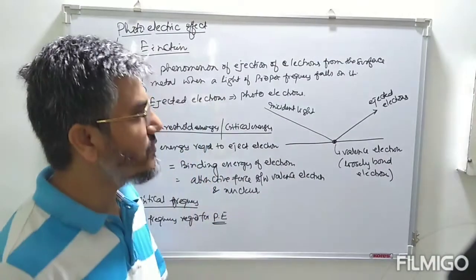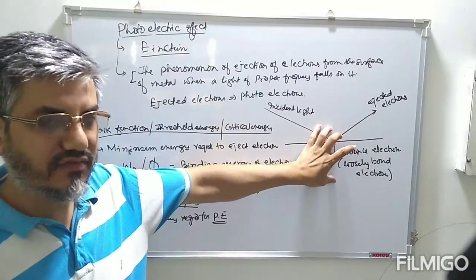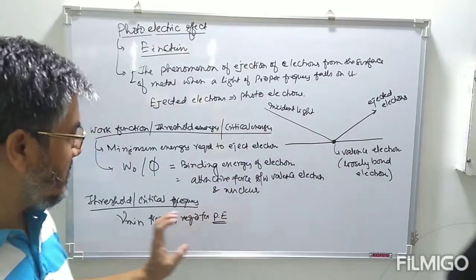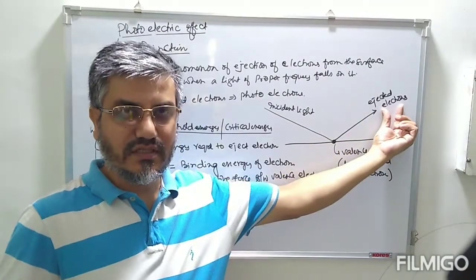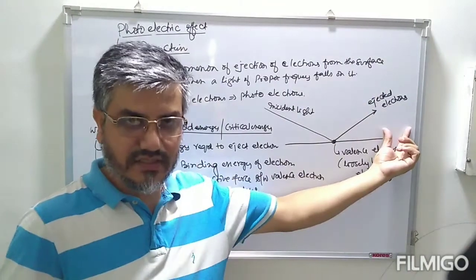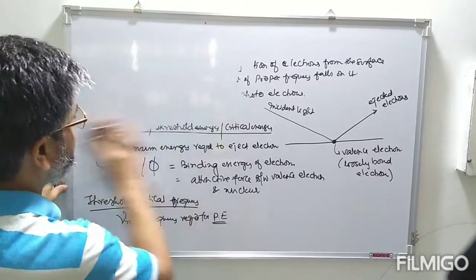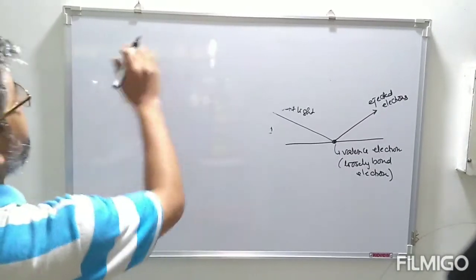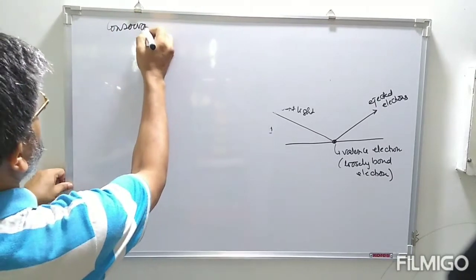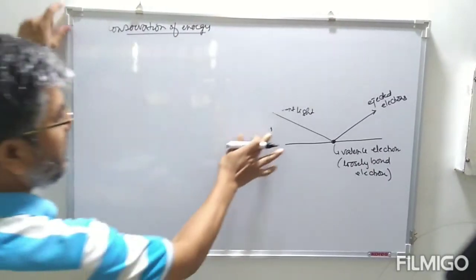So we have this. So you are supplying some total energy. From this total energy, some energy is used to break this attractive force between electron and nucleus, that is known as binding energy or work function or threshold energy, and the remaining energy is converted into kinetic energy of ejected electrons. So according to conservation of energy,